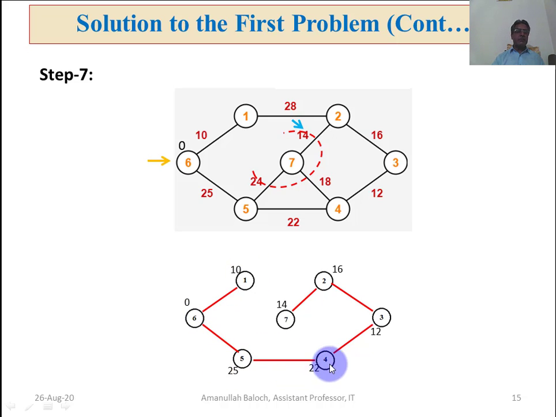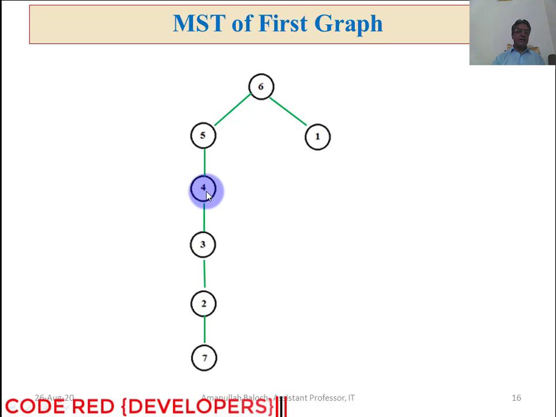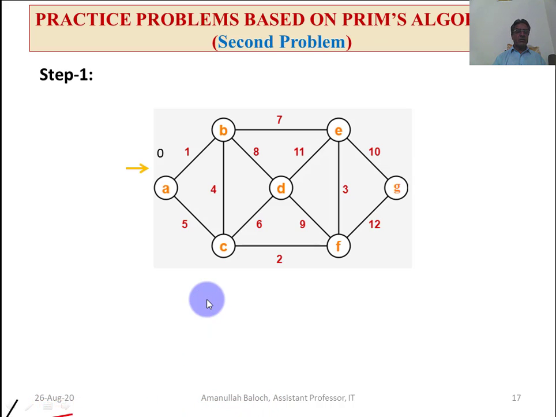Solutions to the second problem. Step 1, step 2. This was step 1, where we have selected the root node and assigned the value 0 to this root node. Next we will find the adjacent nodes of this search node. A was the root node. So we place the cutting line here, because these two, B and C, are the adjacent nodes of A, and the edges of these adjacent nodes are cut with this cutting line.